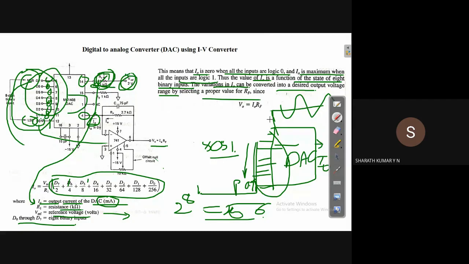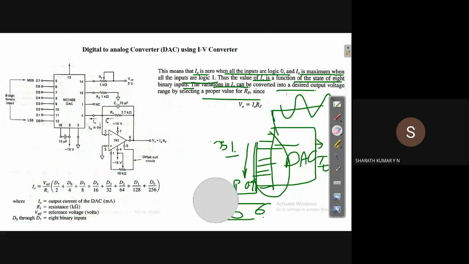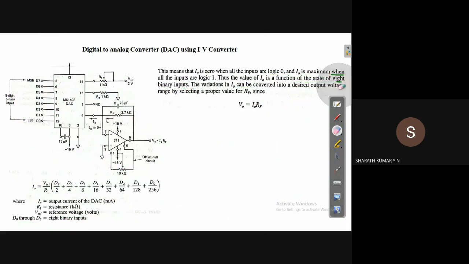In this case, observe this. The author is talking about a current to voltage converter. Depending on the value of RF, we can select the range of the output voltage. We can have a lesser output voltage range, and we can have a larger output voltage range, depending on that. Please don't worry about other circuits like offset nulling; we will not look into that. Let's not bother about that. So the I0 can be converted depending on RF.